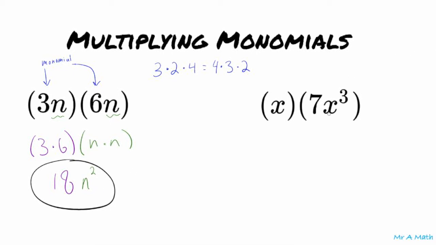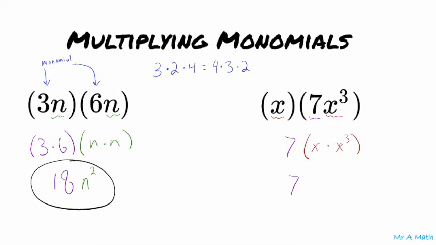All right, and let's look at this one. I notice I have two x terms here, x to the first power and x to the third power. So maybe I want to multiply x to the first power times x to the third power together, and then I can afford to leave this 7 out in front. And so I'm going to multiply it by 7 in the end. And then that boils down to 7 times